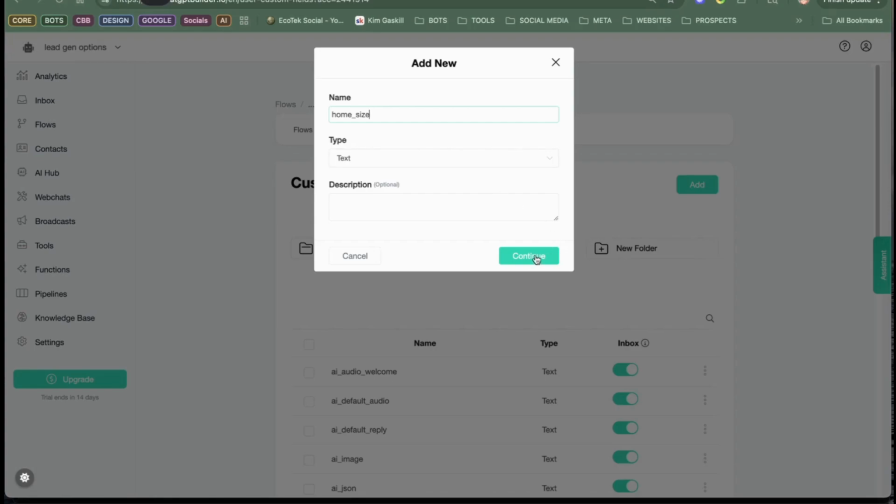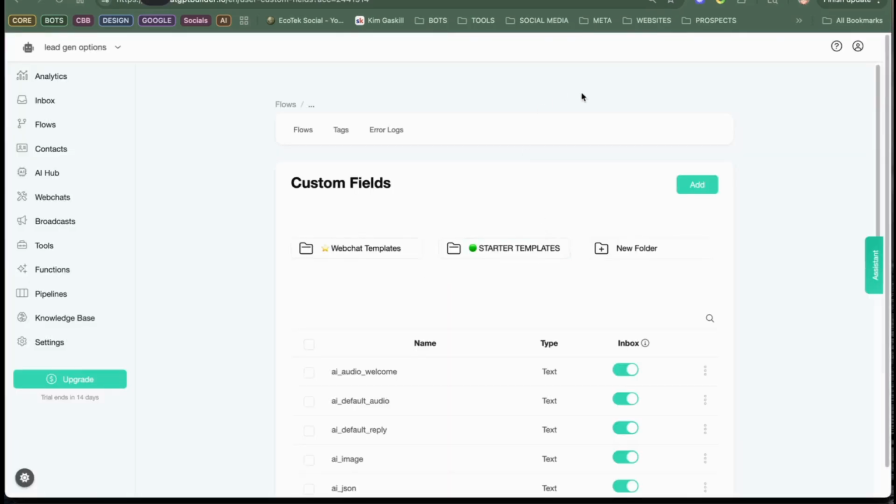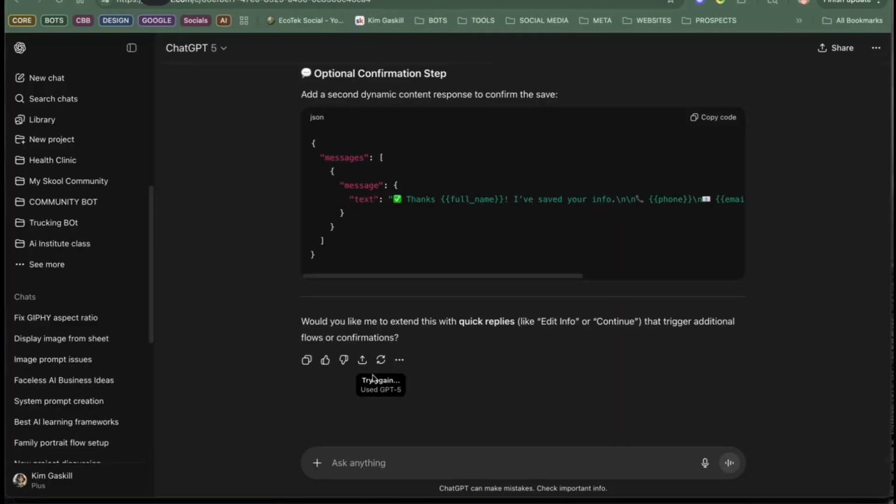Kids and home size. Okay. So now I've created those three cuffs. Now I'm going to go over here to ChatGPT. I'm going to take that whole default reply that I have, and I'm going to say,